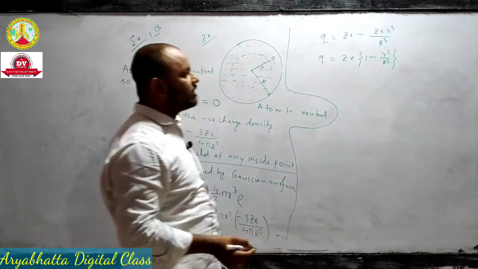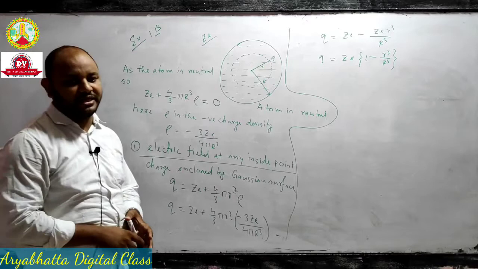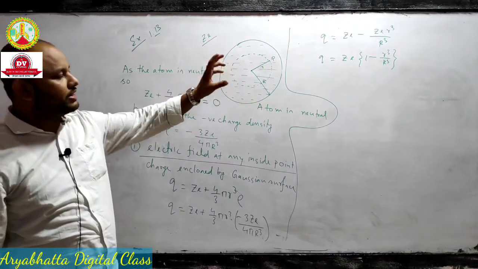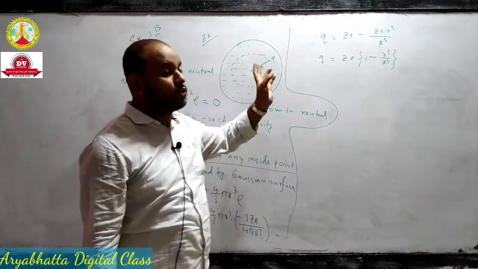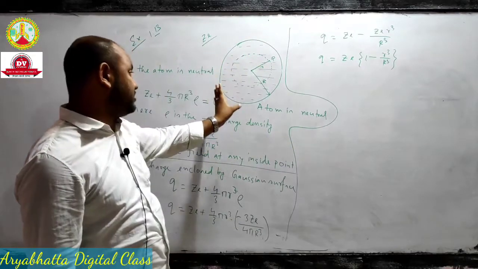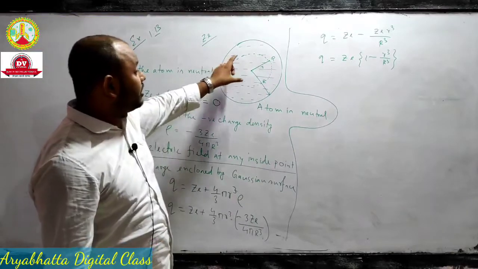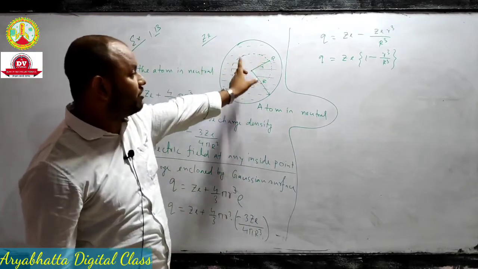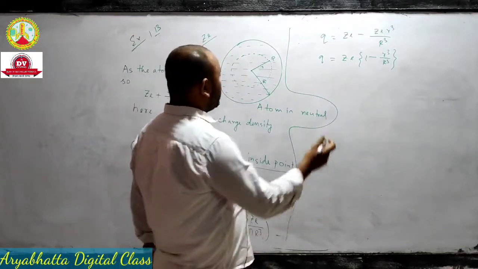So this is the charge enclosed by Gaussian surface if the point P lies inside the atom. Okay, this is the net charge. Net charge enclosed will be this much. A Gaussian surface will enclose the whole positive charge, but it does not enclose the whole negative charge, because ये negative charge इसके बाहर भी है, इसलिए ये कितना net charge enclose करेगा? The net charge enclosed by this Gaussian surface will be this one.